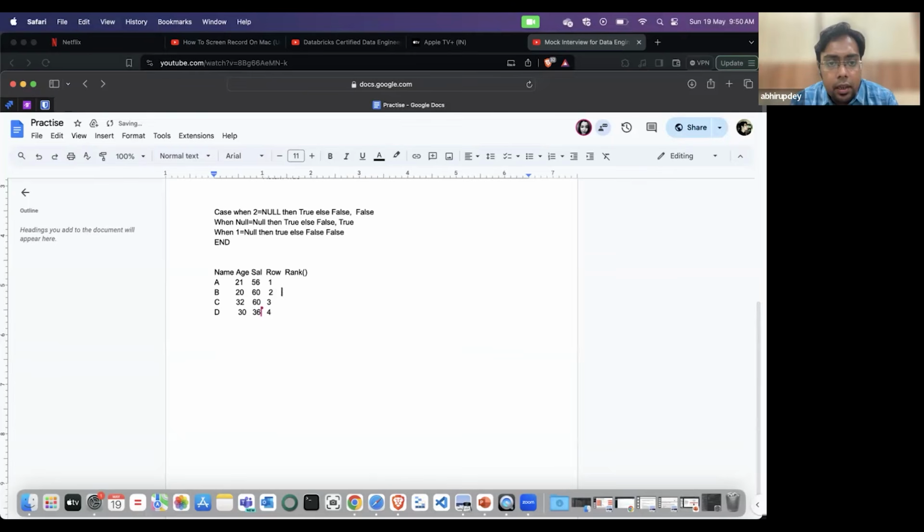It will give rank as 1, 1, and this is 2, and this is 3. And then comes dense rank. For dense rank, we need to give a partition. Let's say partition by name or age. You can see all the ages are different, so all the ranks will be 1.